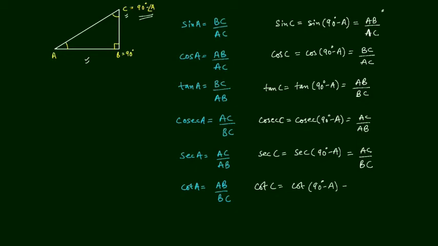Okay, so all the values are completed here, and everywhere in place of C we have written 90 minus A. Now we will compare all these values for angle A and angle C, and see how they correlate to each other. The value of sin A is equal to BC upon AC. These values are for angle A, and the second column values are for angle C. So we are going to correlate all these values.